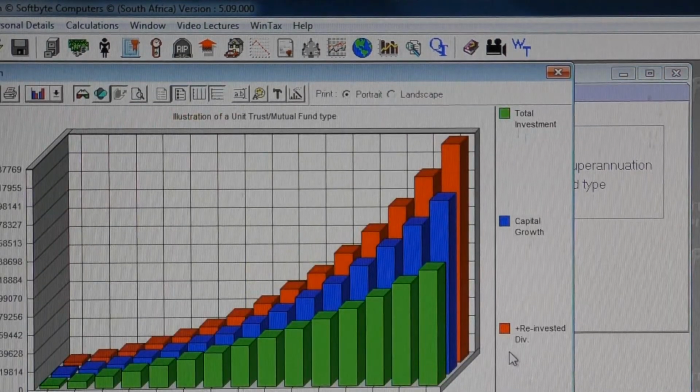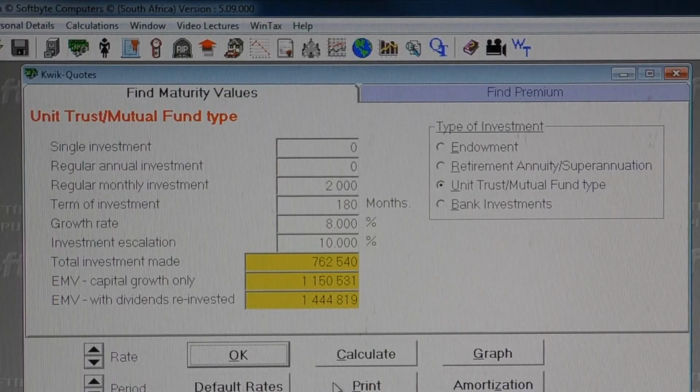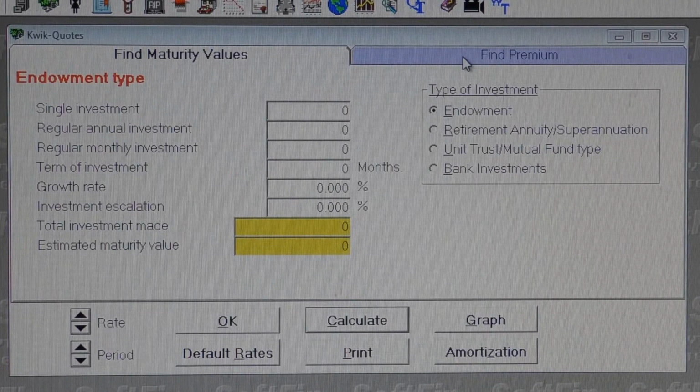The Graph button shows a 3D color graph for effect. The graphs may be rotated and the style of the graph may also be changed. The estimate report may be printed directly to the printer or exported to a file that may be edited and/or emailed, etc. Clicking on the Find Premium tab